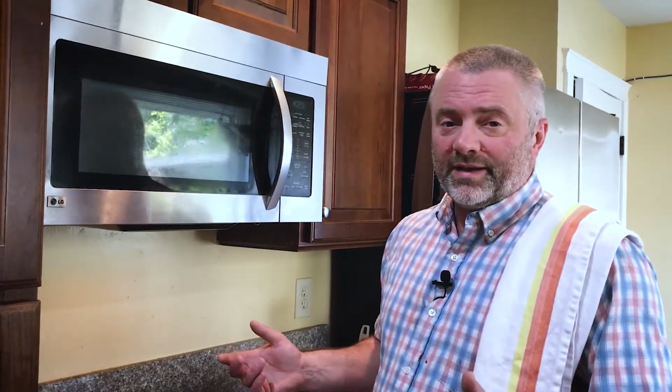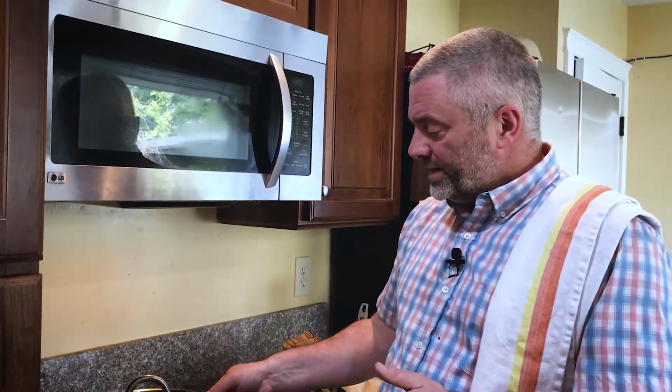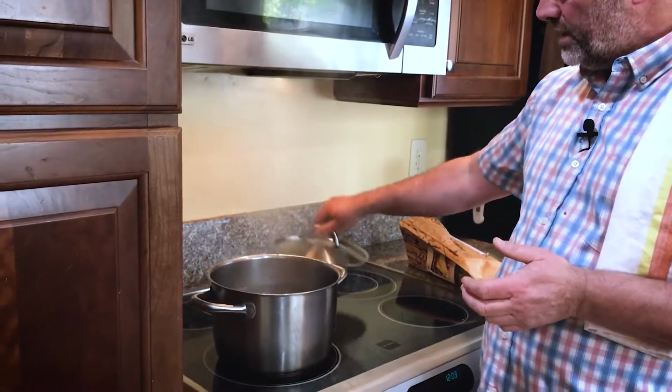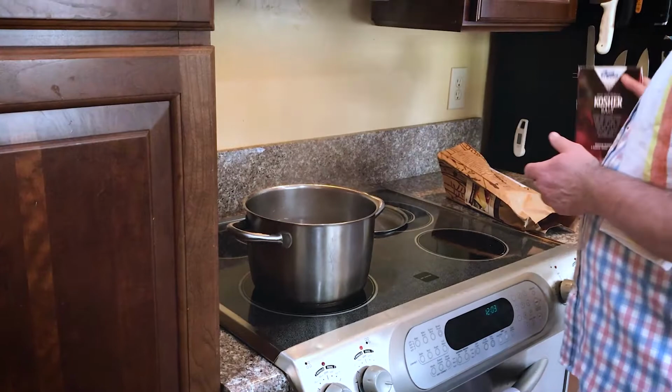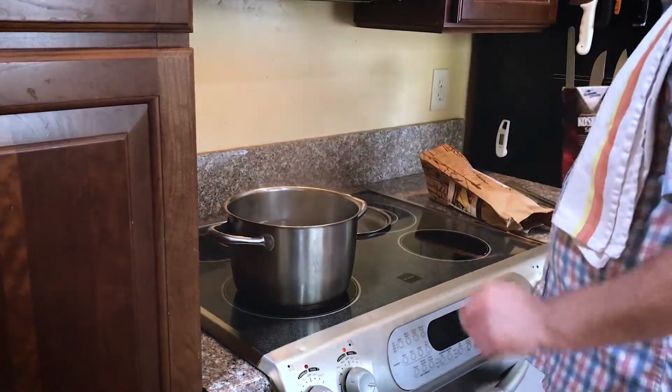Okay, so welcome back. I'm assuming you know how to cook spaghetti, but my daughter just pointed out to me that not everyone will know how to cook spaghetti. So what we have here is a pan of boiling water, and we bring that to a nice, what's called a rolling boil. Now we put a little bit of salt in there, a small amount of salt,